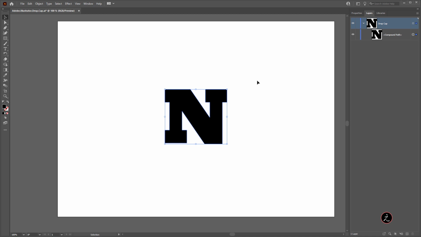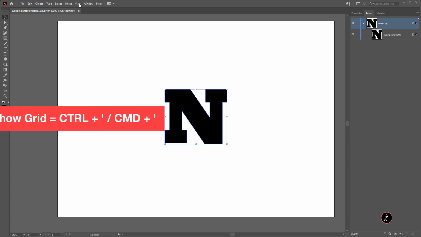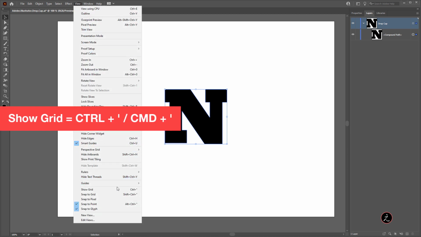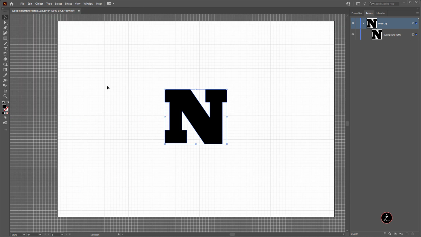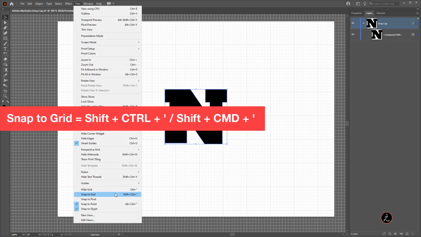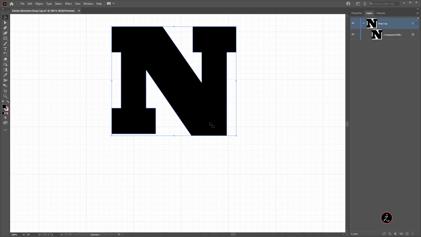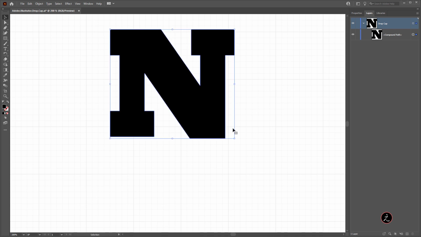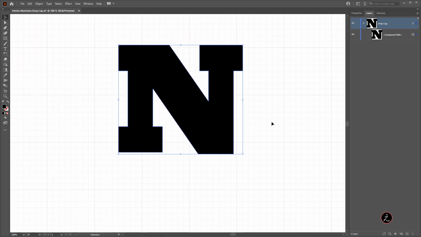Great. So as I mentioned before, we're going to split this. We're going to divide this letter N into separate parts. So for that, we're going to get the help of the grid. Let's go to the View menu. That's one thing. The second thing is to go back to the View menu and snap the grid. And I'm doing this so I can snap this, and that will be easier for me to be able to snap the guides that I'm going to create soon after.